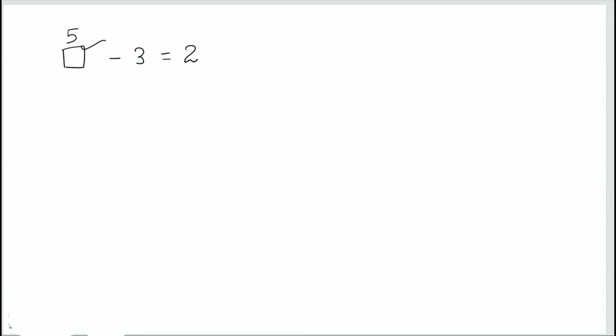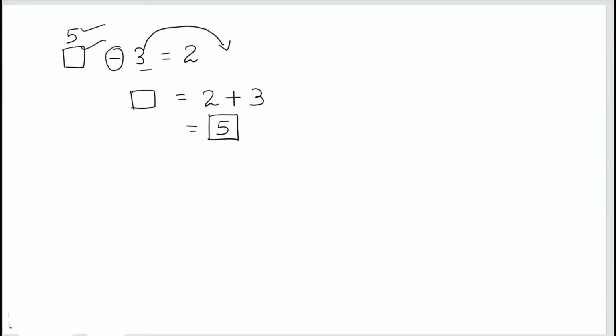There's a rule that we can follow to find out this blank box. What we can do is move this number 3 to the other side of the equal sign. So 2 and 3 here, and when we are changing the side, the sign also changes. Before 3 it's a minus sign. As 3 changes the side, it becomes plus 3. So 2 plus 3 is 5. So this is the answer that we got.